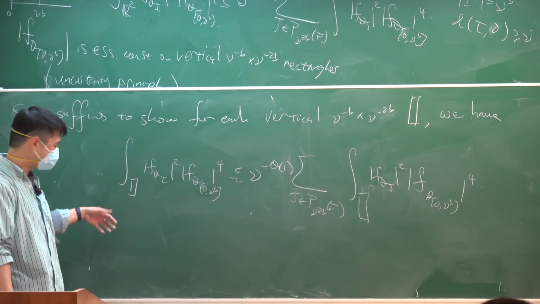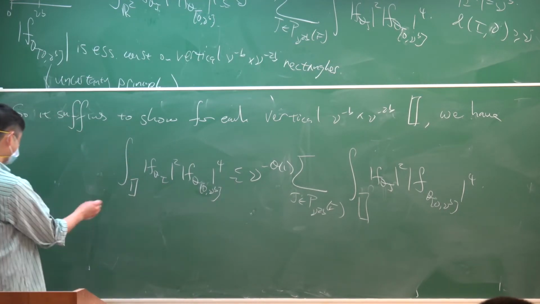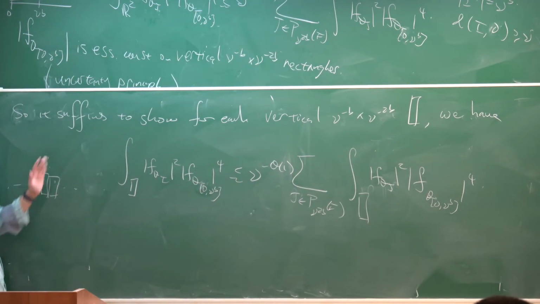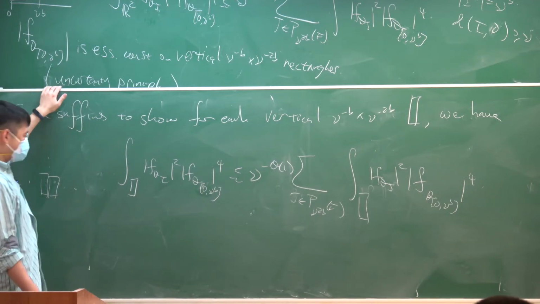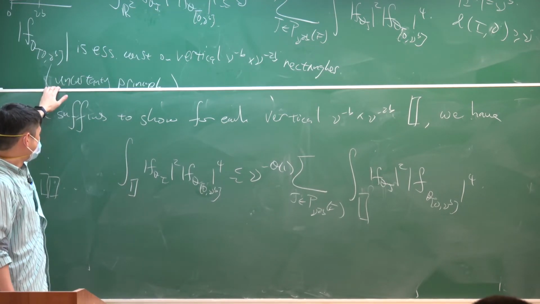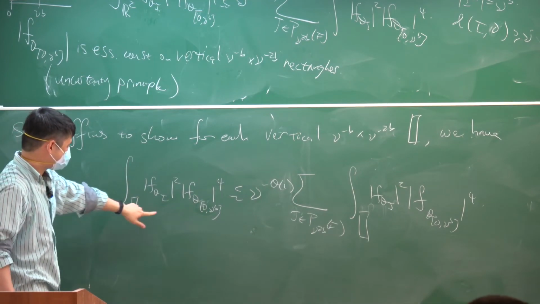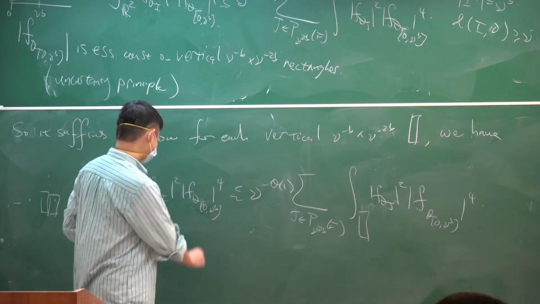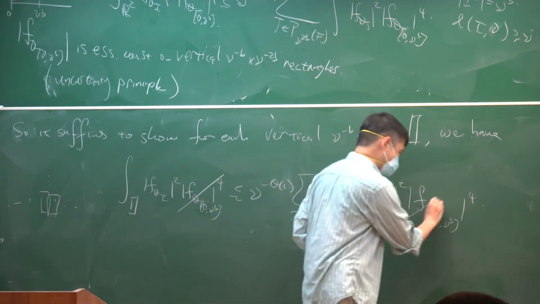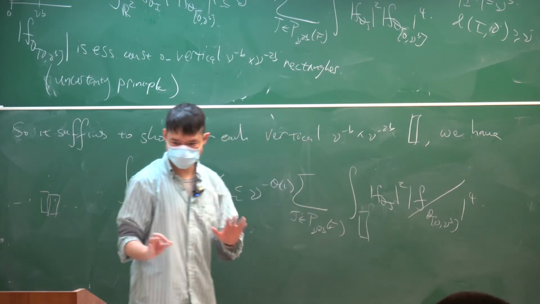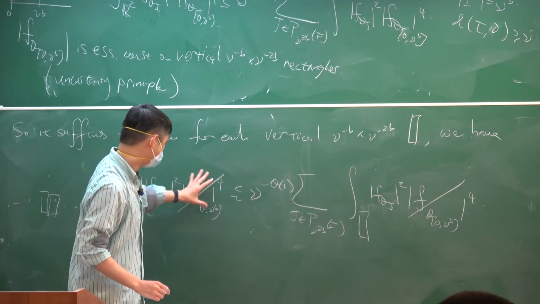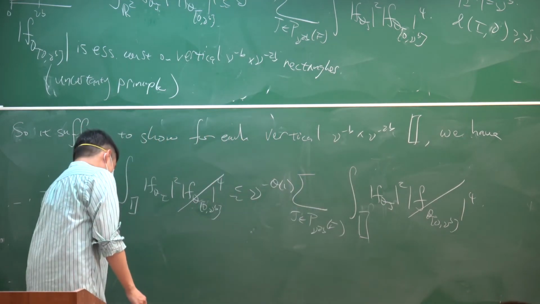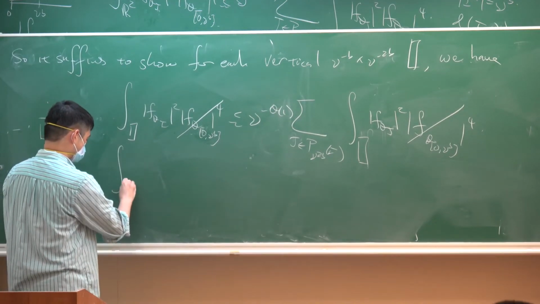Because once we finish, we can sum over all of them, we just tile R2 by vertical rectangles of this size. We have this estimate on each rectangle, we sum, we get this estimate. Great, now let's use the uncertainty principle again. On each of these boxes, f theta 0 nu to the b is constant, and it appears on both sides, so we could just cross it out. We're clearly making use of the uncertainty principle here, right? This is 5 on this box, and this is 5 on this box, so I can cancel it. Great. So now we just need to show that the integral over the box